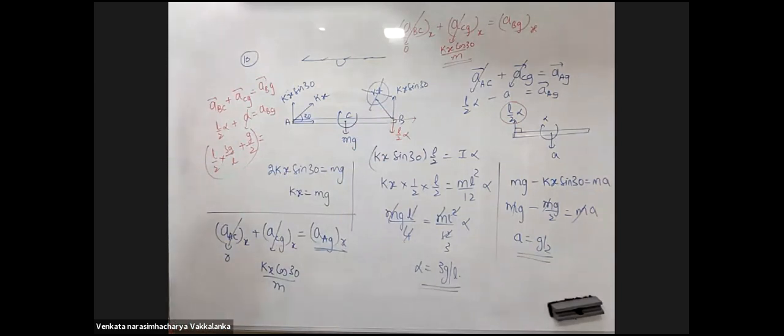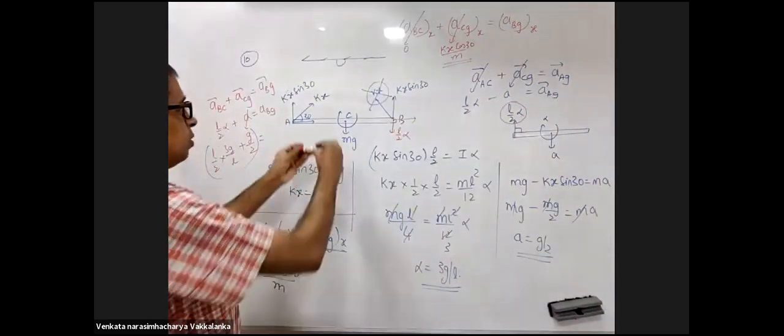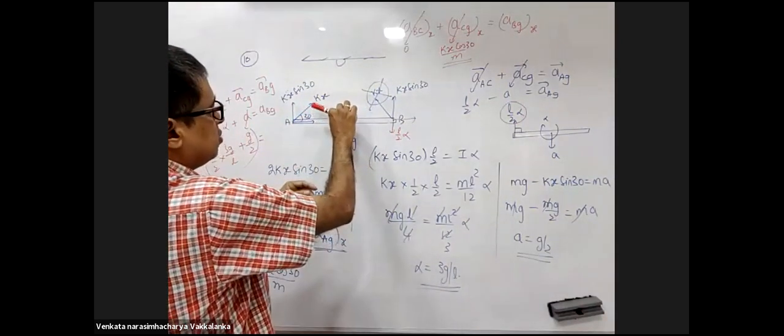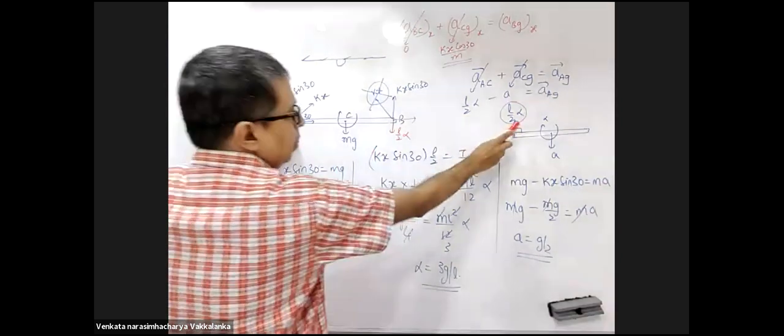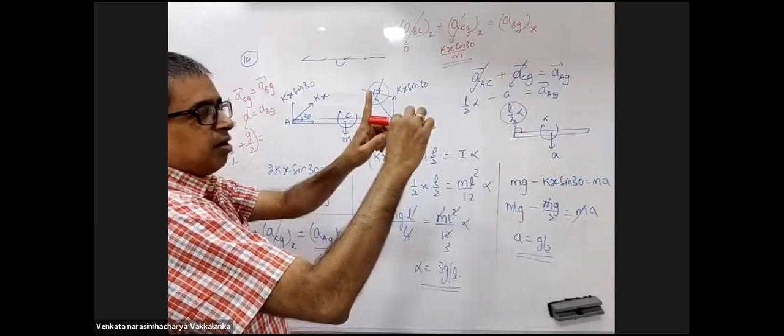Sir, the acceleration of A with respect to center of mass should be 0 now, because at that moment it is attached to a spring, and spring will take some time to become 0. A with respect to center of mass is 0 only. Y direction, sir. Where did I write Y direction? Here. Yes, in Y direction it's not 0. There is R alpha. Body is rotating this way, so there will be R alpha.